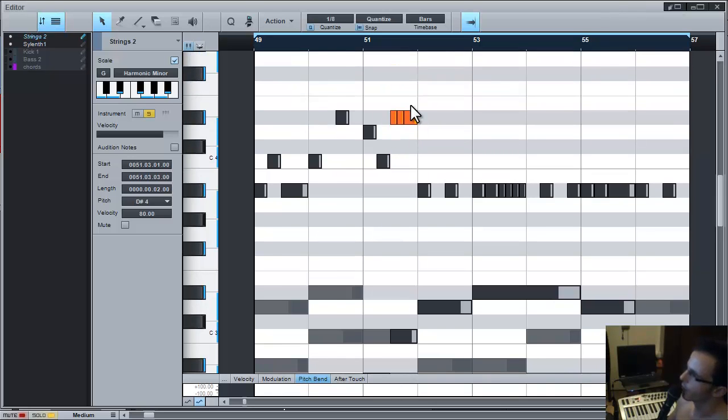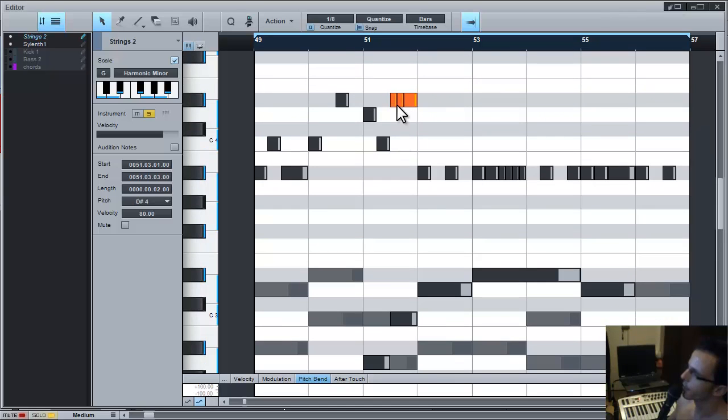And from here I can go, yes, and I'm going up. So up, down, down, down, right? So I want to go down on these two notes. So I can actually leave that just there, just on D sharp, and use these two notes to go down. Let's see if we can go down on these two notes. So for this guy here, which is going to affect these two notes,